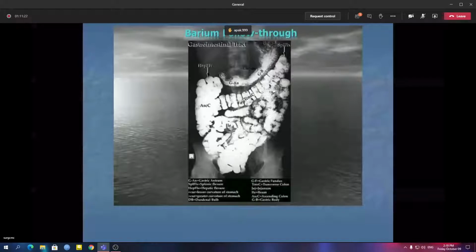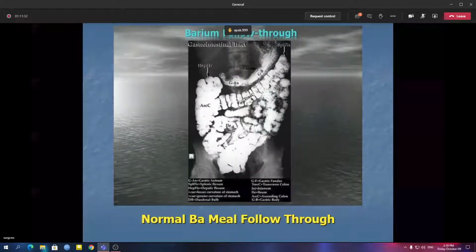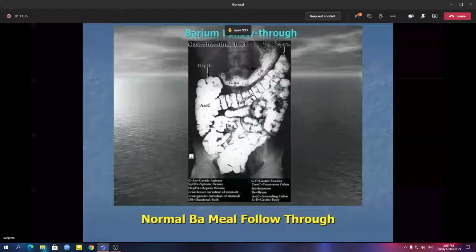No, sir. So I believe we are not going to confuse between the transverse colon and stomach in barium films later on. This is a normal. So you told that dye will be present in stomach and it will take time to reach the colon. By that time gastric contrast should get emptied, but it is still present in this image. Some amount of dye, not a huge amount of dye.